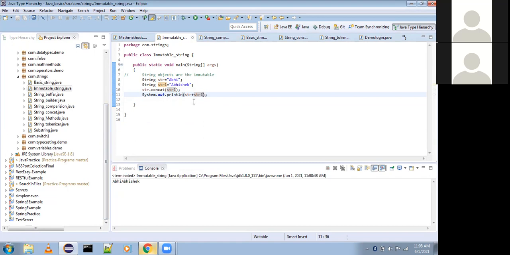What happened? We appended the string str with str1. So you can join two strings, but you can't change that particular object, because string is immutable. You tell me the reason. You're saying that it is immutable, but why?